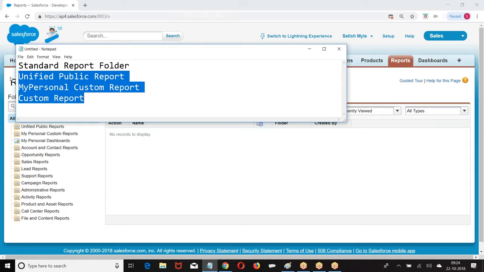Okay. Then my personal custom report folder. Any report that you have created and that is stored to my personal custom report folder will not be shared with anyone else except you.